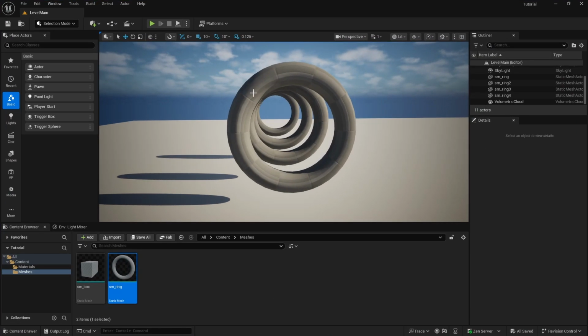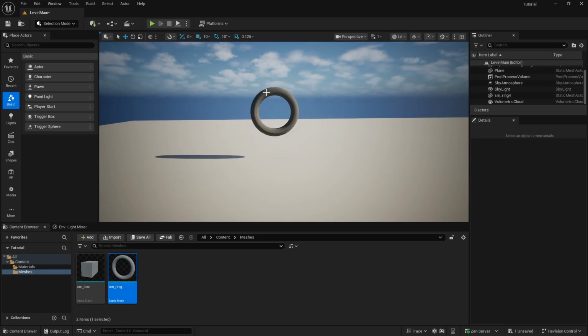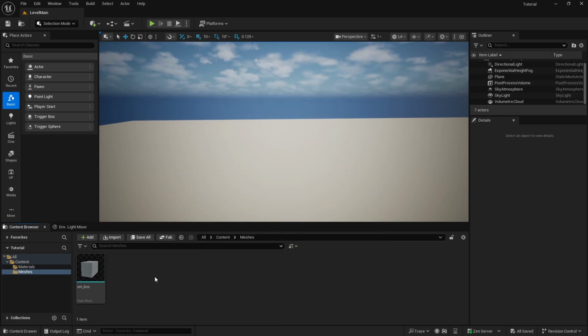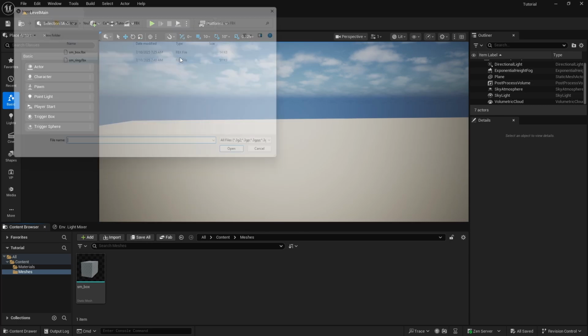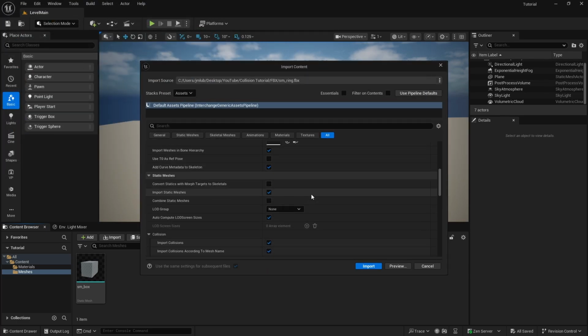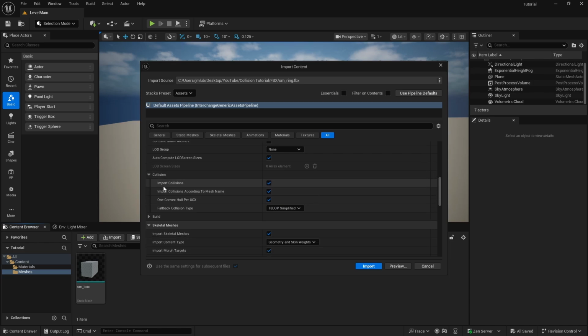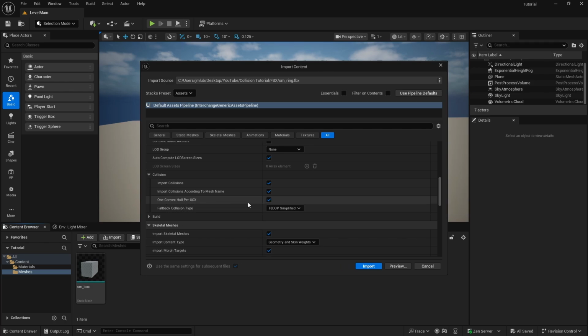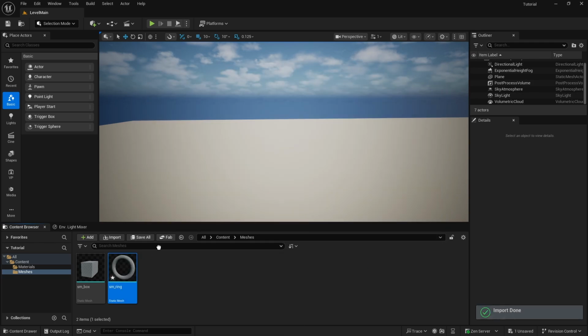Back to Unreal. We have to delete these out. We'll redo it. Delete our ring. Re-import. Import that ring back in. Now we'll go to those settings that I was showing you earlier. It says import collisions here, according to mesh name. And then instead of this one, convex hull per UCX, because it'll just make another convex hull that'll fill in that ring, let's just untick that, hit import,